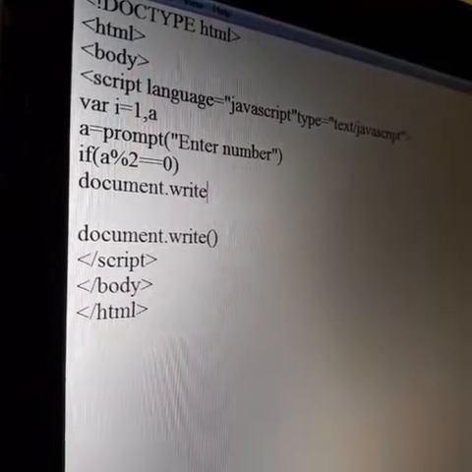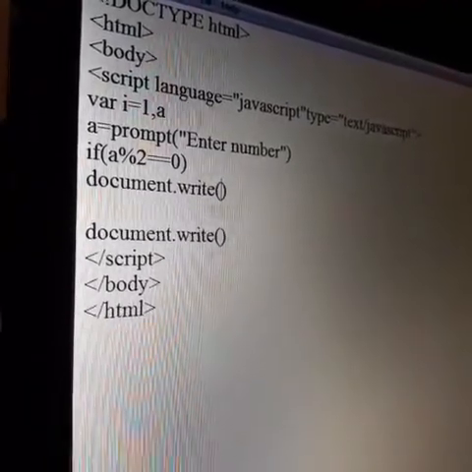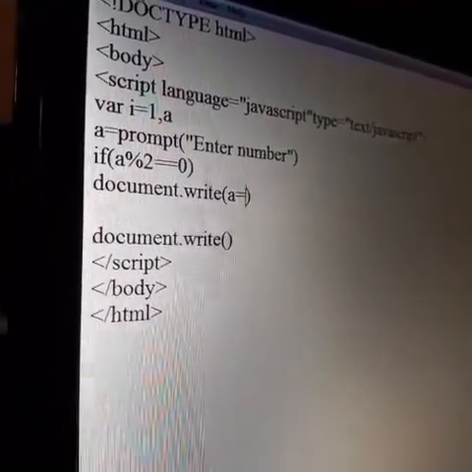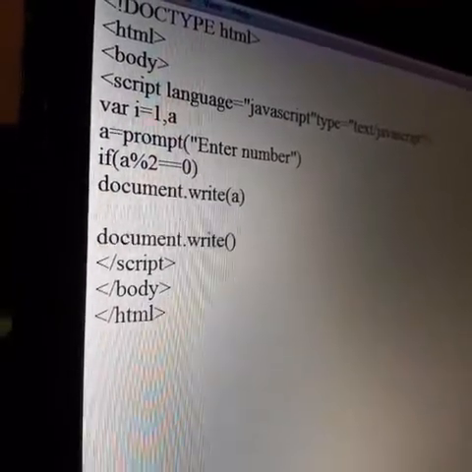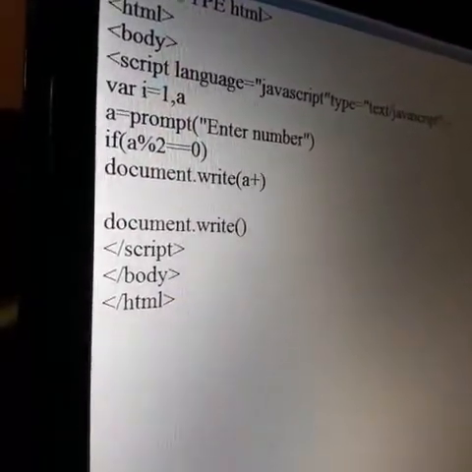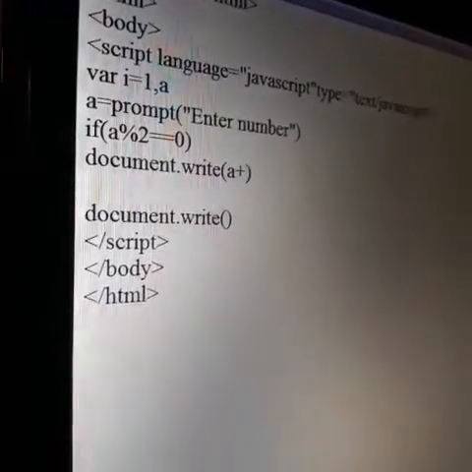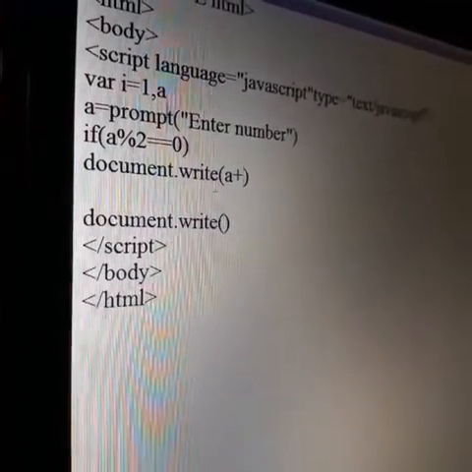Inside the bracket, a plus. What is the meaning of plus? Plus means concatenation. Here a is the variable name.